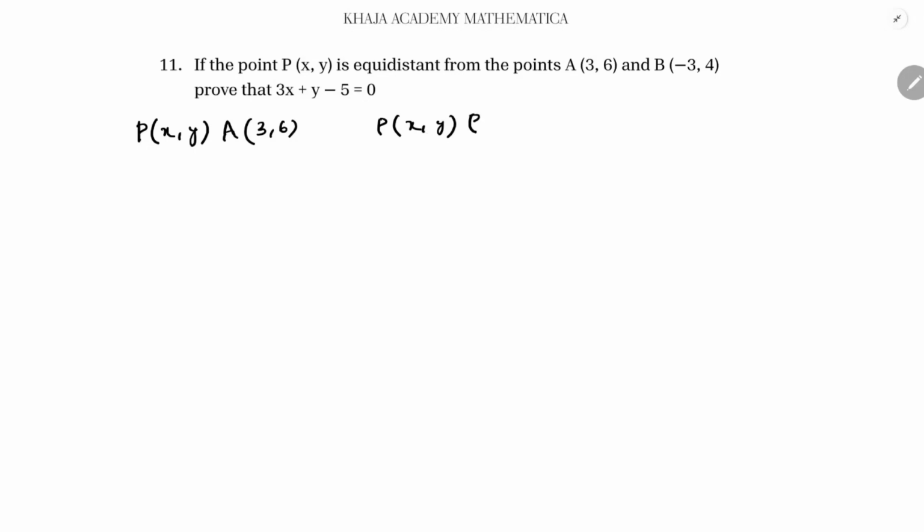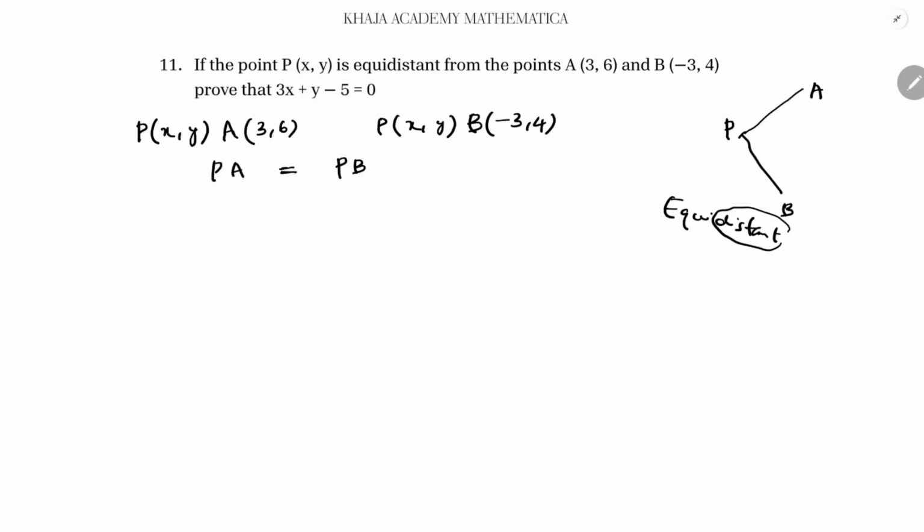P is at equal distance from A and B. So clearly, given that PA equals PB. Equidistant, some children get confused with midpoint, but if equidistance comes, go for the distance formula only. So here the distance formula is